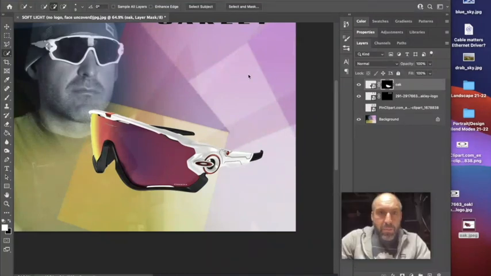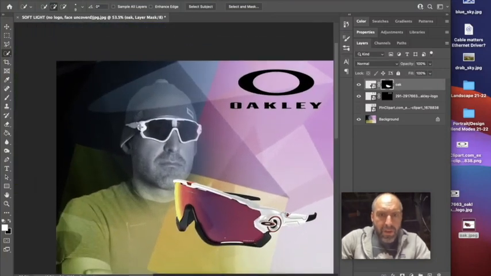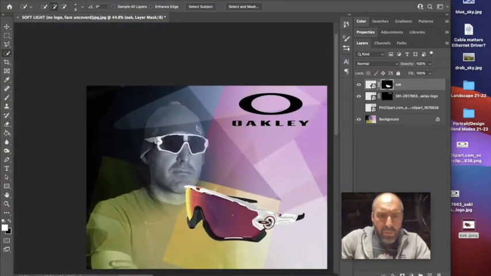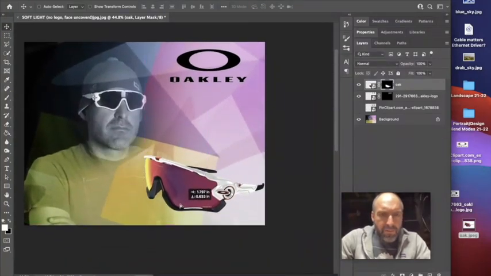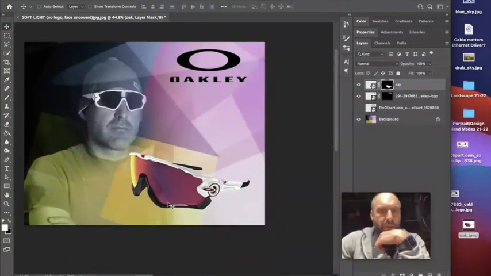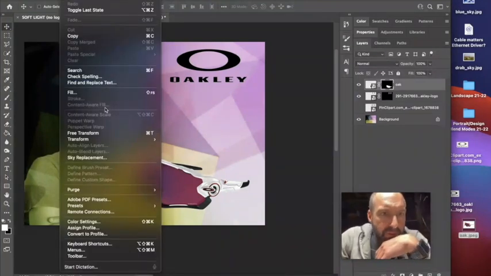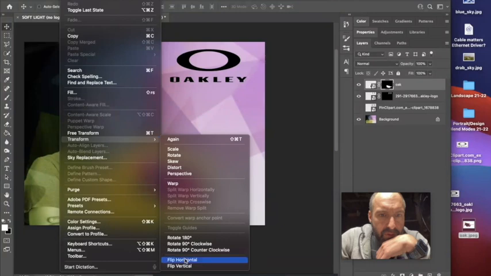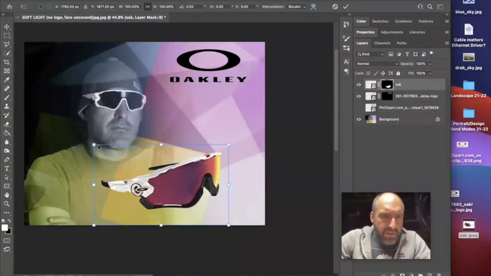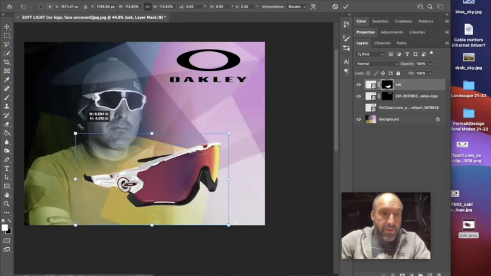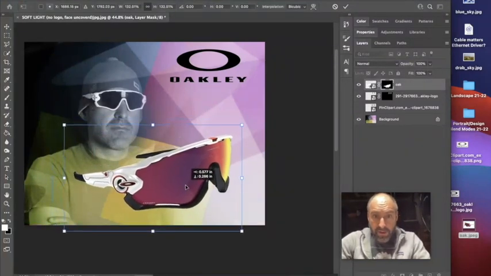We can think about how we might position these on the page. I feel like it would be more balanced, asymmetrically balanced, if we turn them, maybe rotate them the other way. So I'm just going to come up here and edit. I don't know if you guys knew about this one. It's a basic thing. You can go transform, rotate, or flip horizontal, so you can just flip something the other way. I feel like let's use our principles of design language, emphasize the product we're trying to sell,